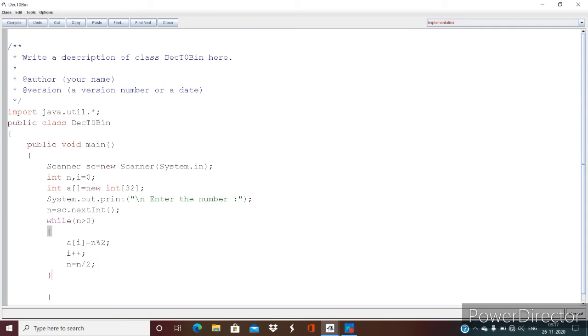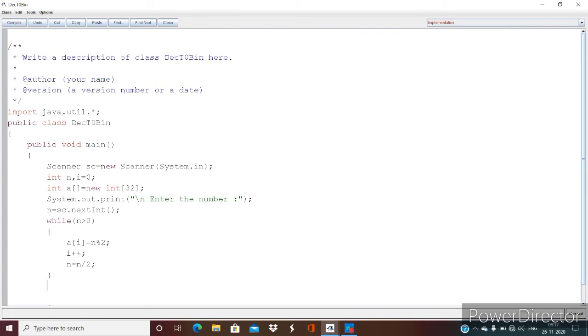Now the same variable i that we have taken will indicate how many values have been filled up in the array, how many digits have been filled up in the array. The reason is that we have taken an array of size 32, but it is not necessary that all the 32 positions of the array will be filled up.